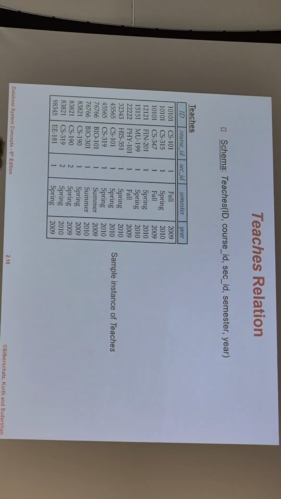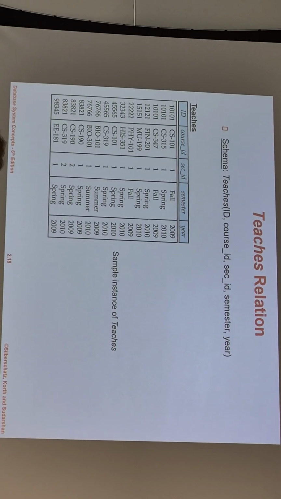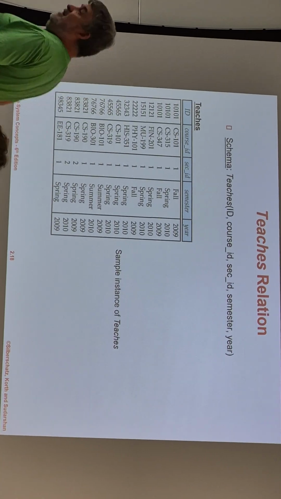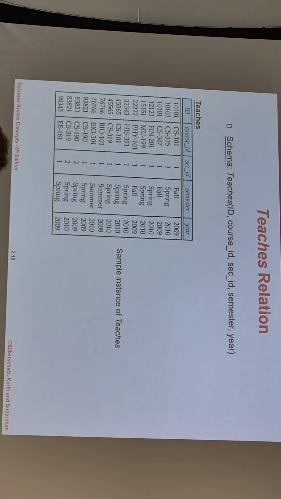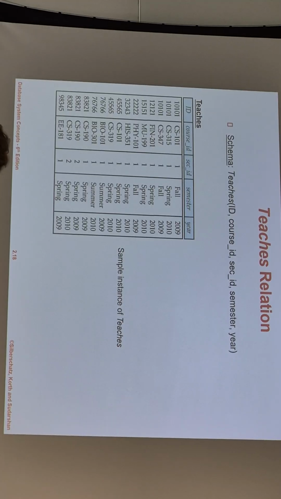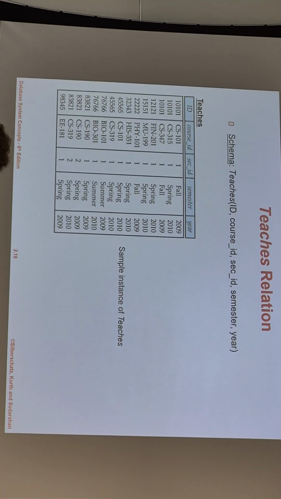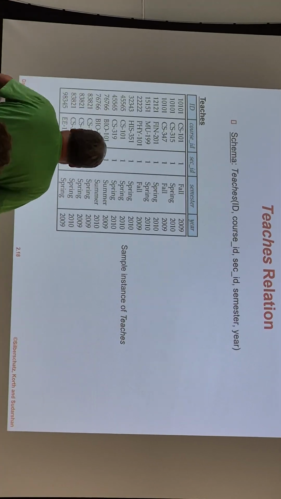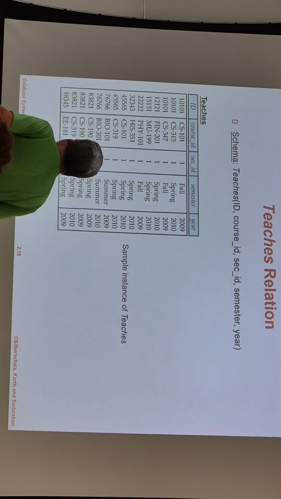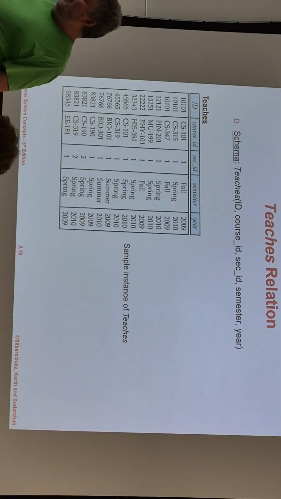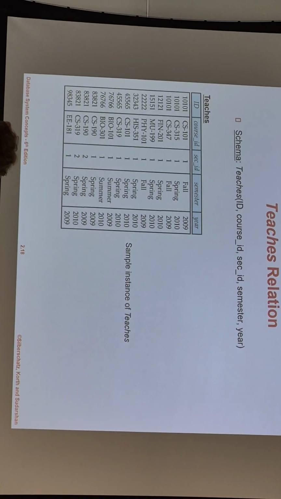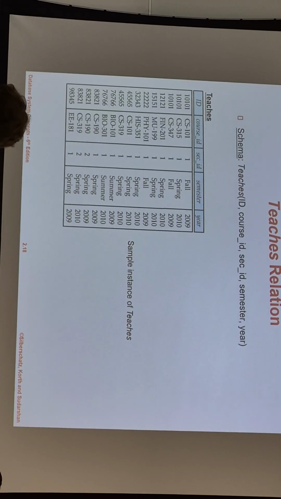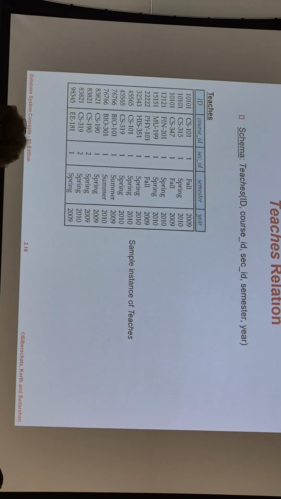Oh, no, it's the teaches that's referencing the four attributes that make a section unique, and it's also referencing the field in the instructor table that makes the instructor unique. And it's putting those two unique values together to create a unique teaches relationship. But there is no other table that takes all five of those values to represent a teaches relationship. That's not something worth representing, really,